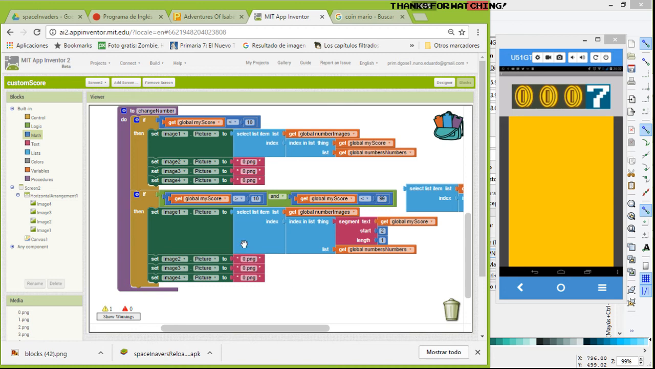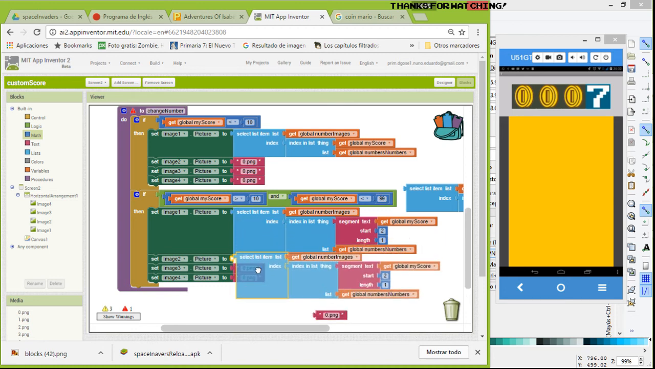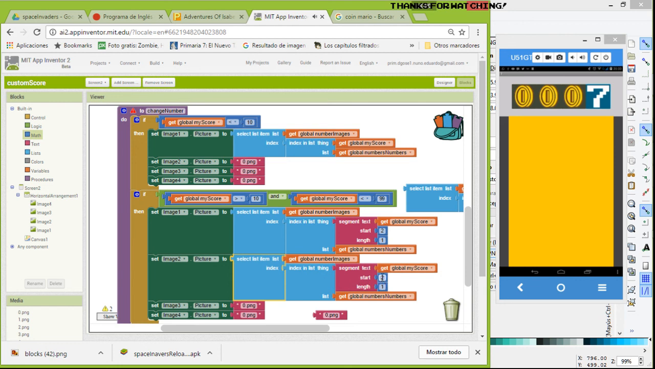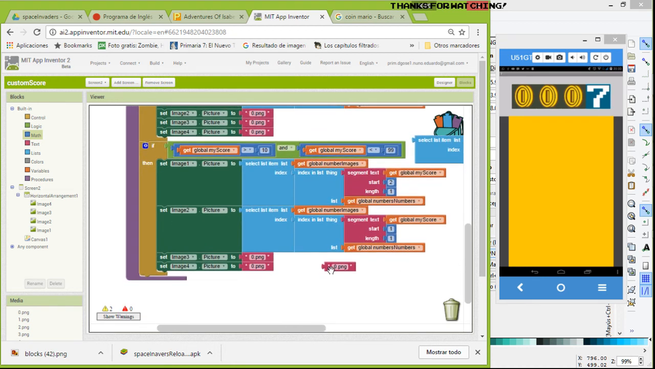So in this case we are going to duplicate this for the second image, and then we are going to change this. The start is the first number, so if we have 2 digits, I want you to take this one and the length 1, and that's it, and the other ones stay in 0. So now let's see, we have 7,